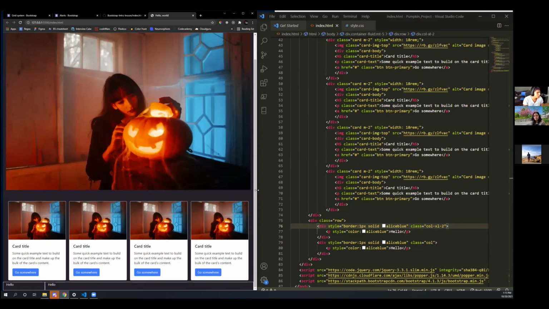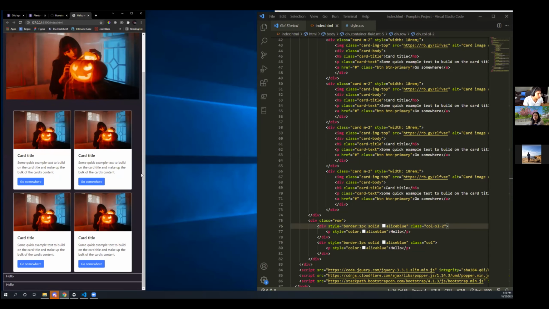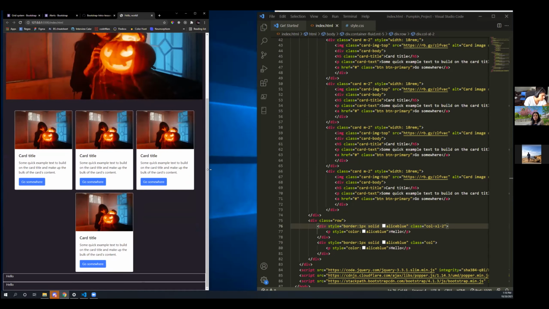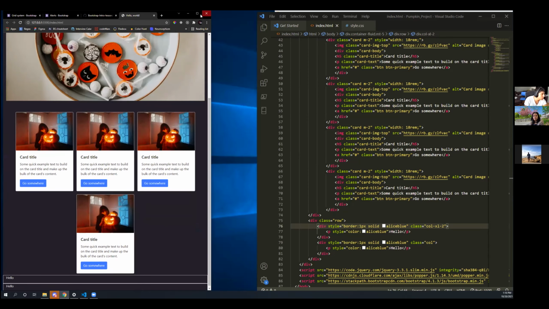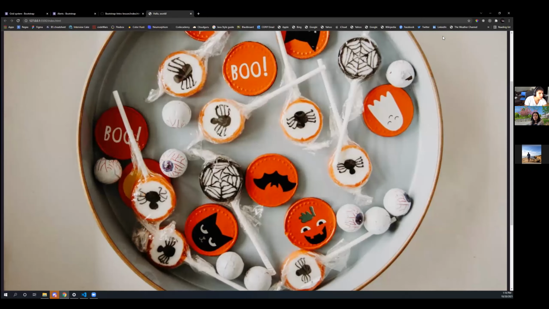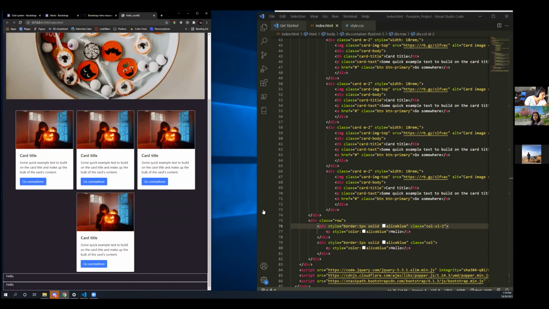So we see that I have a very large screen, so it's going to happen very quickly. But when we hit the extra large breakpoint, sorry about that. That's not what I'm thinking. Once we hit the extra large breakpoint,